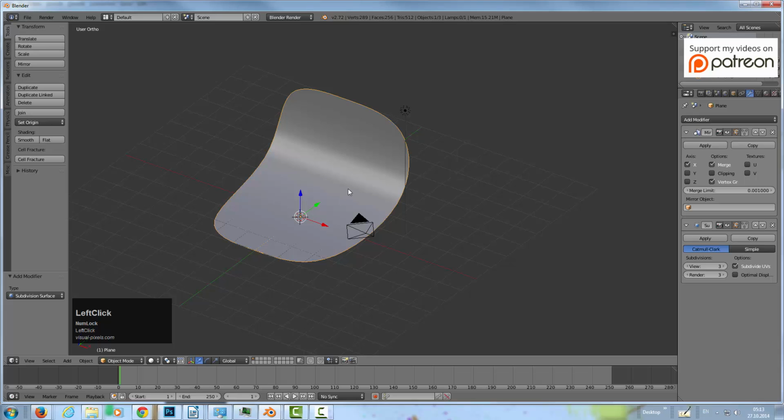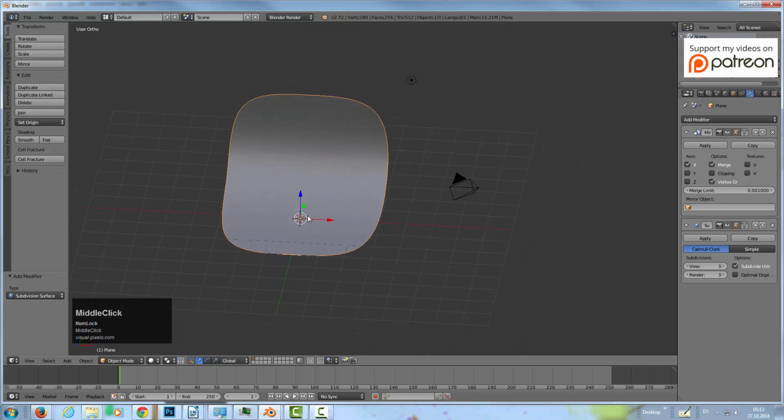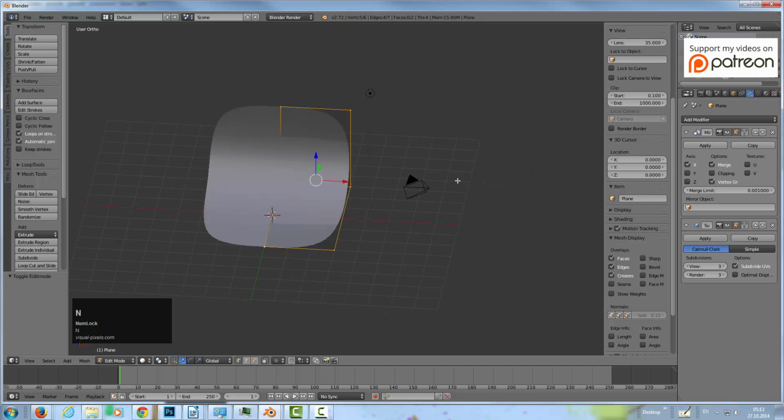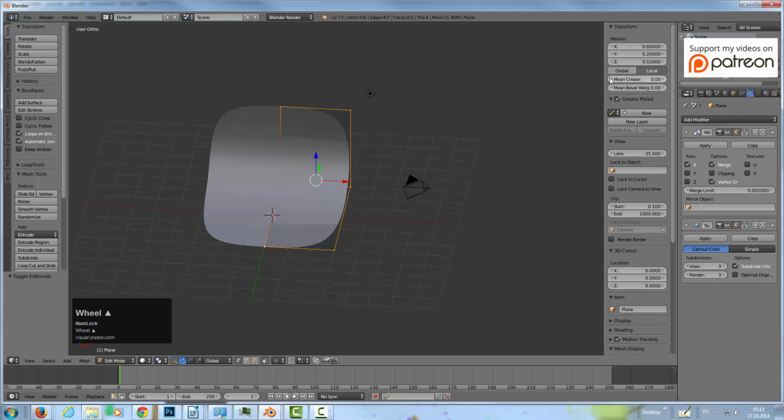Now we have this rounded shape, and I don't want that, so I'm going to select these vertices here, and with N on the keyboard you can pop up this panel here, and we set the mean crease